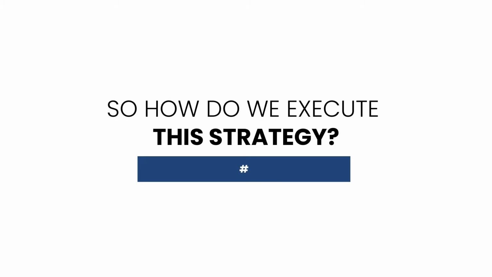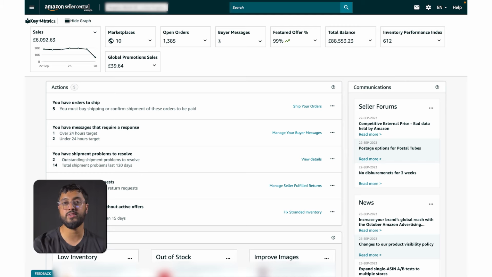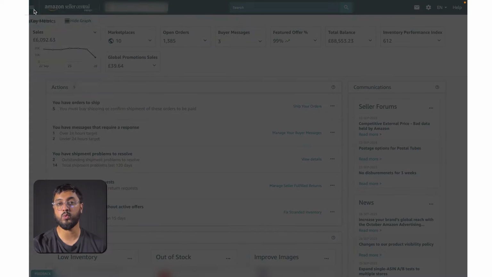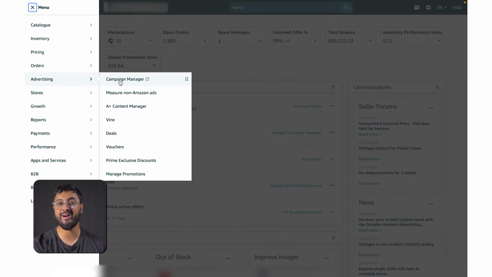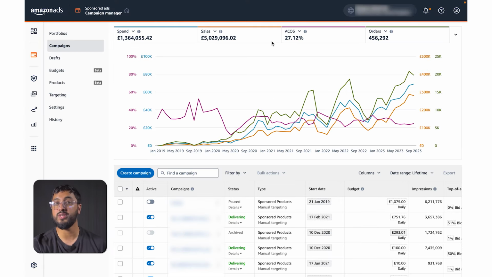So how do we execute this strategy? I'm going to flip the screen for this one. So you want to go ahead into your advertising dashboard and put up your campaigns. So what we're going to do is we're going to find the campaigns that aren't bringing in any conversions, and then we're going to put a pause on them. So this will eliminate the spend that we are wasting on campaigns with no orders, and ultimately it'll lower our